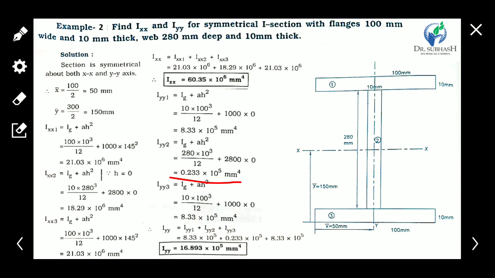So I/2 is 0.233 into 10 raised to 5 mm raised to 4. Okay. Now for the third element,